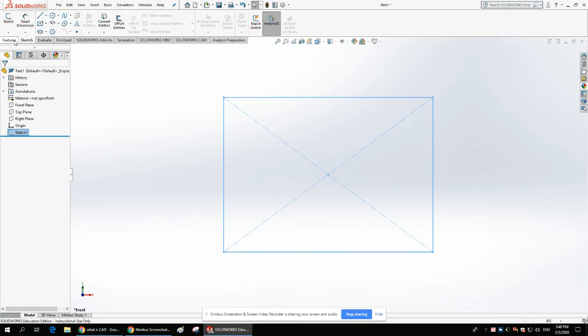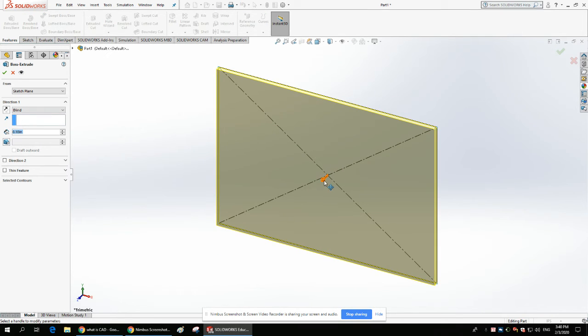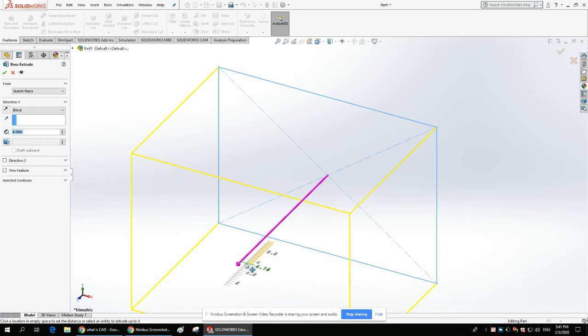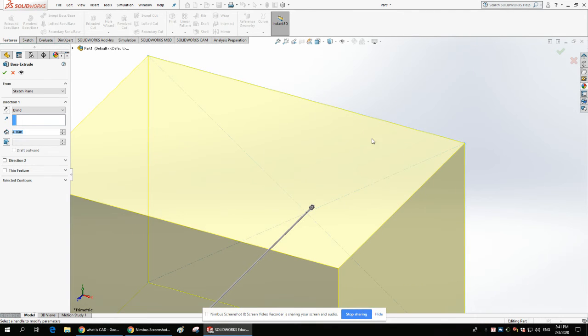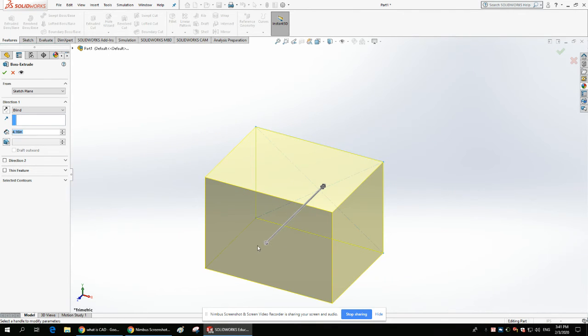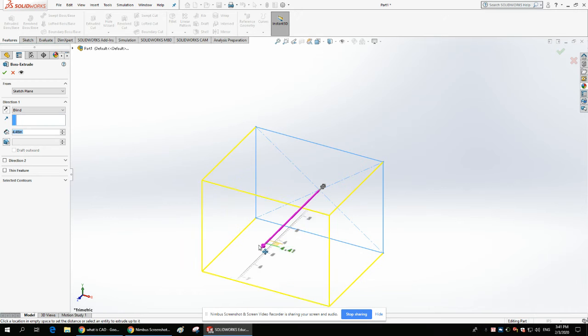I click the Features tab, and I can do Extrude. It will three-dimension that. There's that orange color again. I grab it, and I pull. And now I'm extruding it out. I'm extruding out that rectangular shape that I had, and I can extrude it out anywhere I want in terms